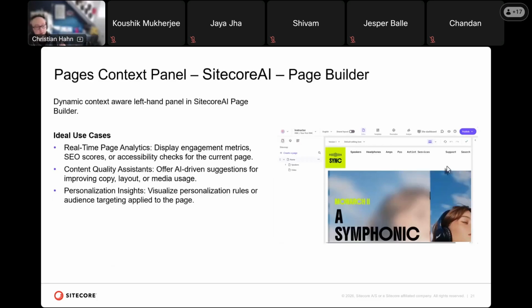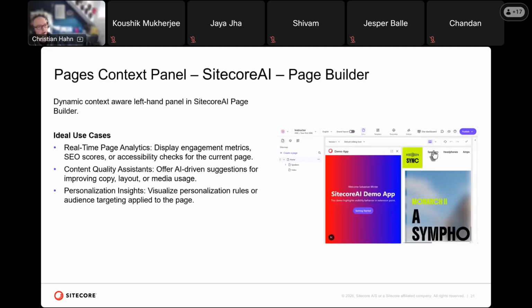And more extension points will come for the page builder. I will let the video run. So again, the puzzle icon, you open your app, and then on the left-hand side, like with the content view or the page settings view, it opens the same context panel to offer you your representation or visual representation of